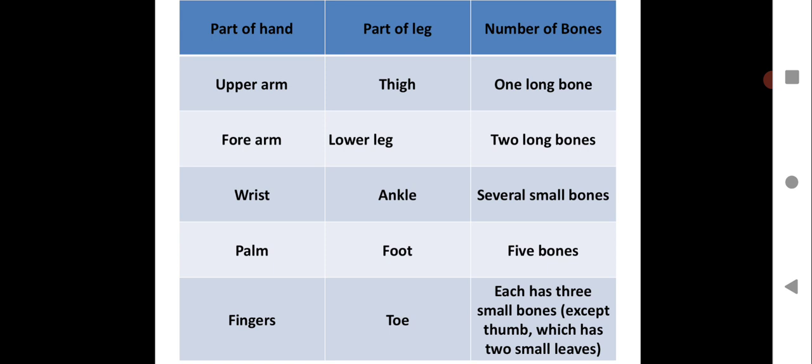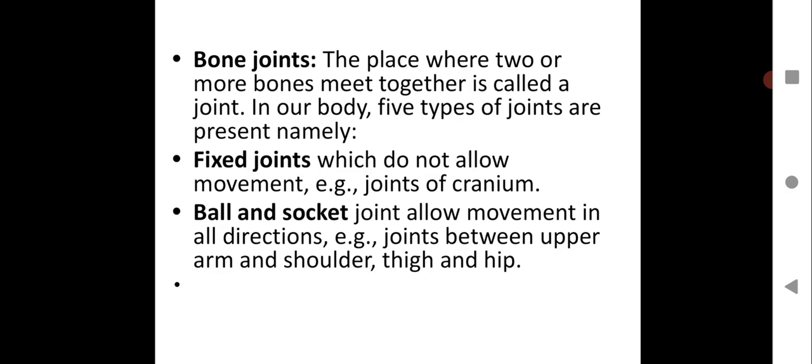I hope you will be able to understand the concept of different types of bones in our body and how they are useful to give support, to make our body flexible, to move our body, to turn around, to hold things. All that requires the skeletal system, that is the different types of bones which we have in our body.